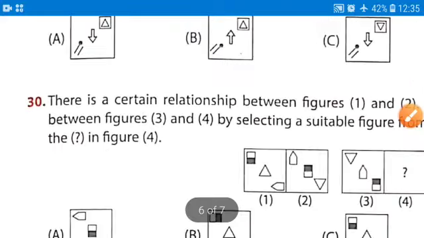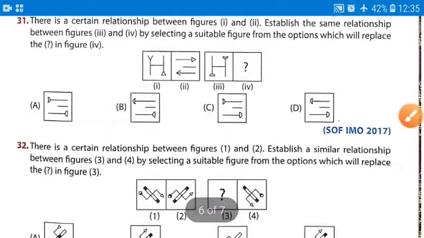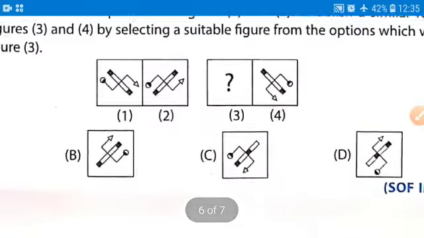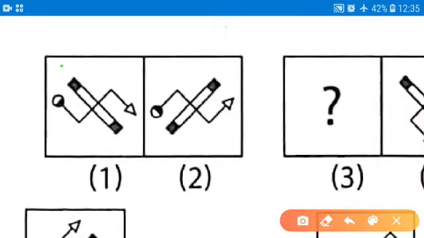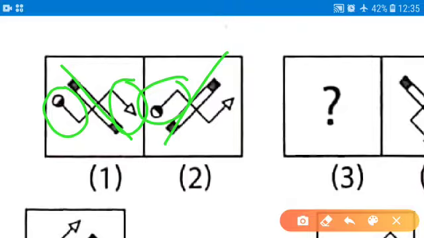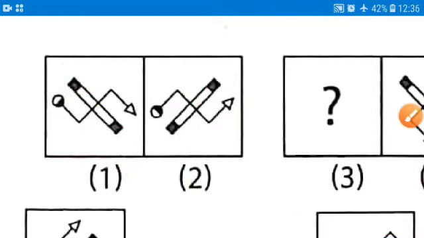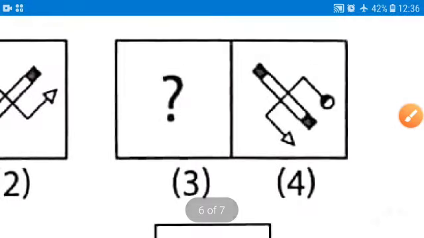Now moving further, these are similar kinds of questions. Now taking question number 32, find out the relation between the first and second figure. See, it is making a mirror image, yes or no? Yes. And the element which was at the left upside will be downside in the second one, and the one at the right-hand side which is down, in figure number 2 is changing to upward. So the same relationship we have to establish.